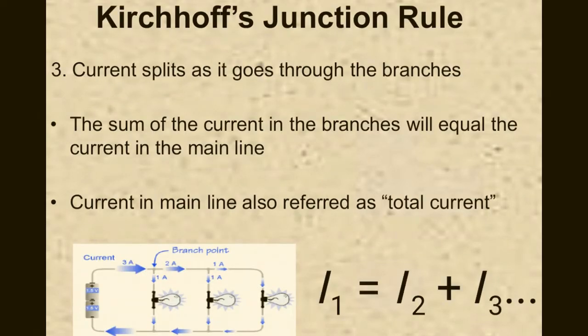When it comes to parallel circuits, the current splits as it goes through the branches. So the sum of the current in the branches will equal the current in the main line. And the current in the main line is also going to be referred to as the total current. So as we look at this diagram, the total current is the ones with the 3 amps with the